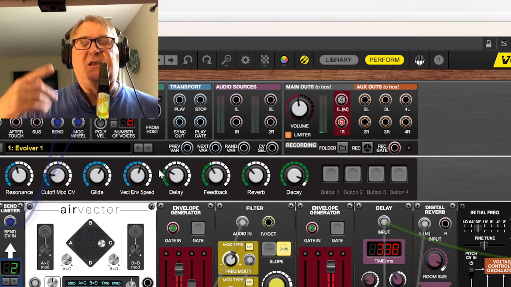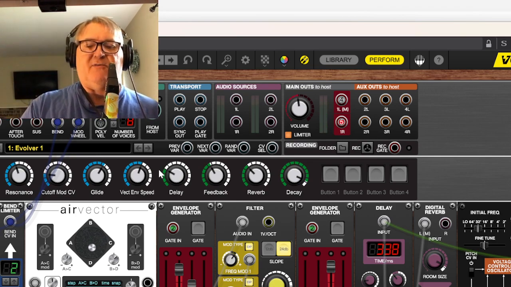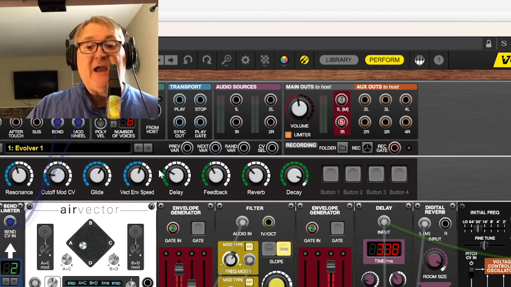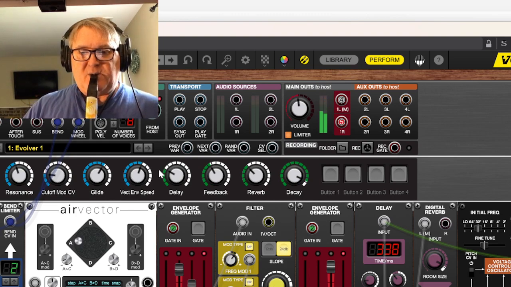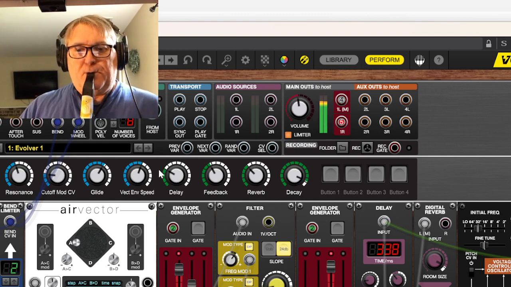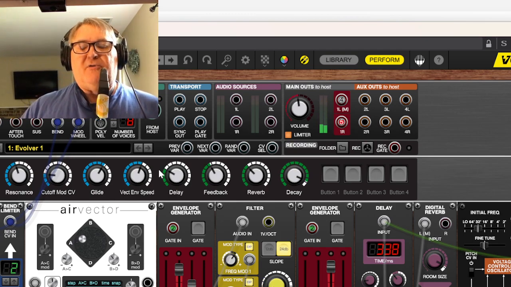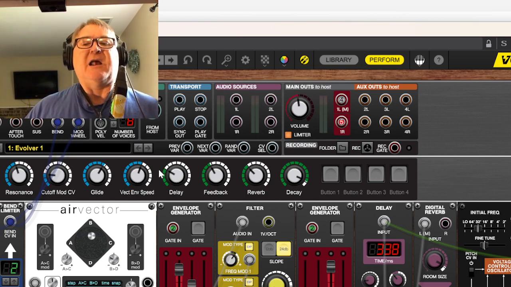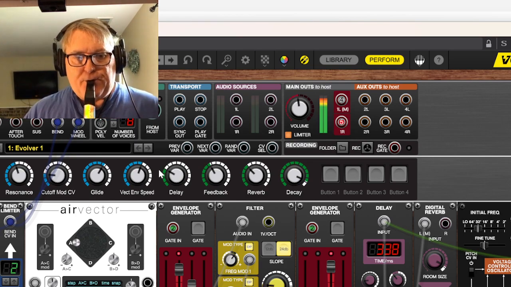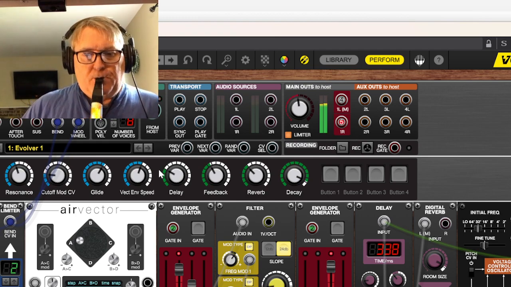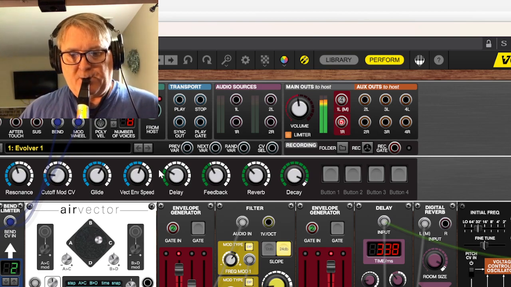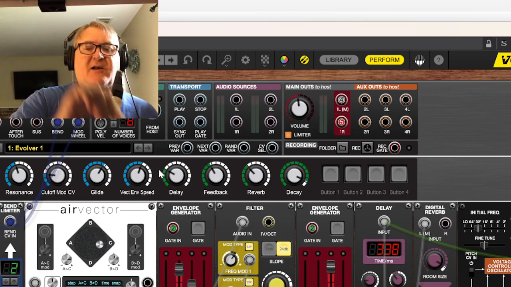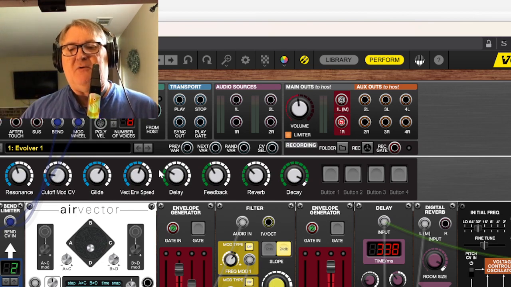But if you re-articulate the note, it resets, and you don't have to do it that way. That's really useful if you want to get kind of bass sounds. You just keep playing and it'll cycle further through the sounds, but if you want to restart it,